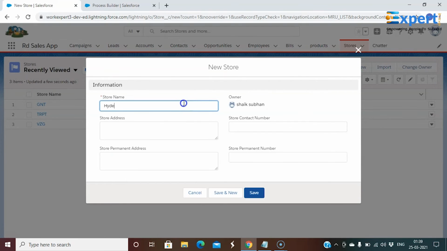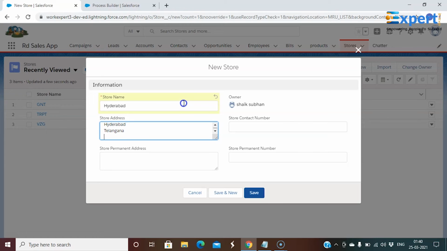We'll give the store details, for example, store name as Hyderabad. And the shop number, we'll give as store number, app number 786. Then Kunnapur, Hyderabad, Telangana.